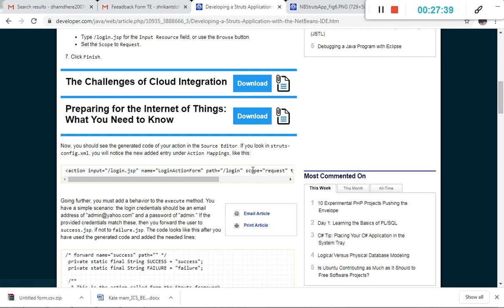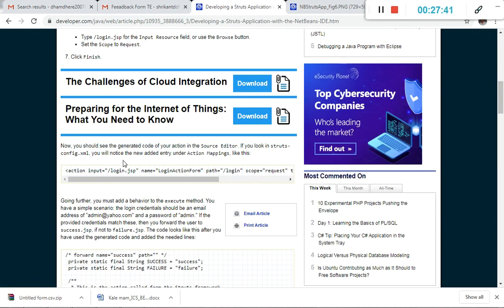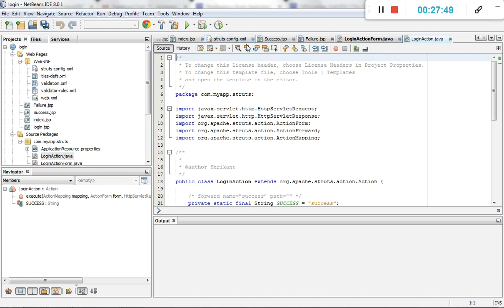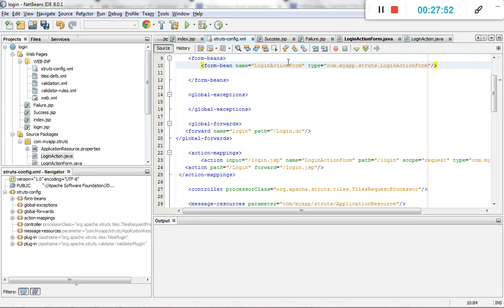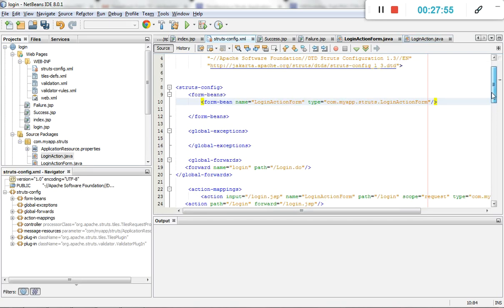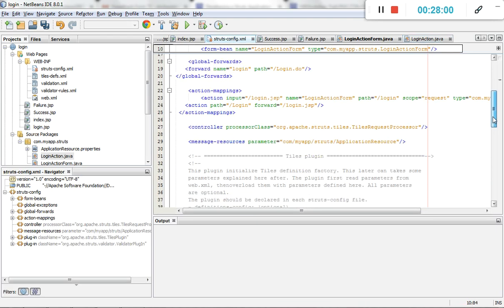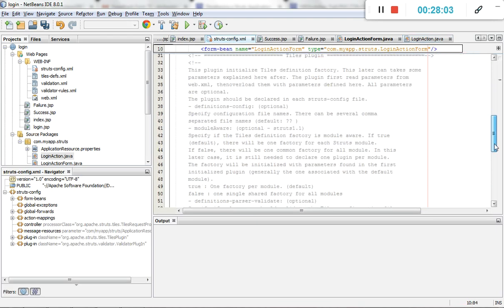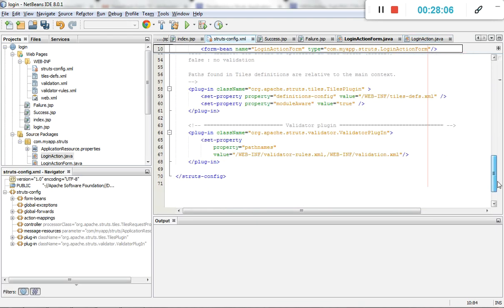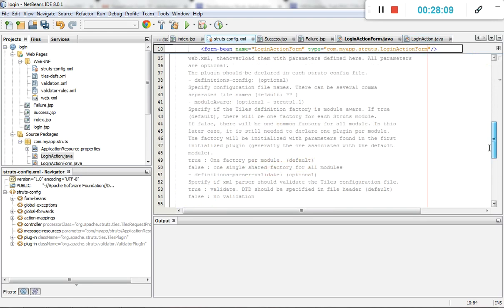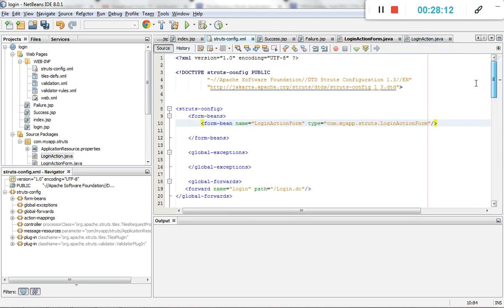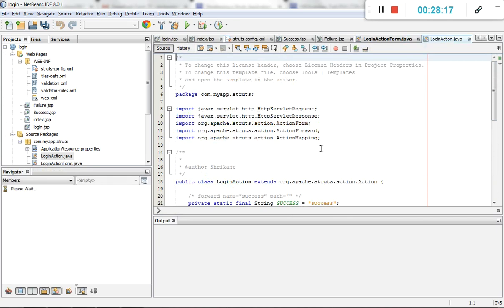If you look in struts-config.xml, you will notice that under the XML, struts-config.xml, the new path comes under this, that is the login action, right? Let's come to the login action. Okay, we'll say it is already saved.